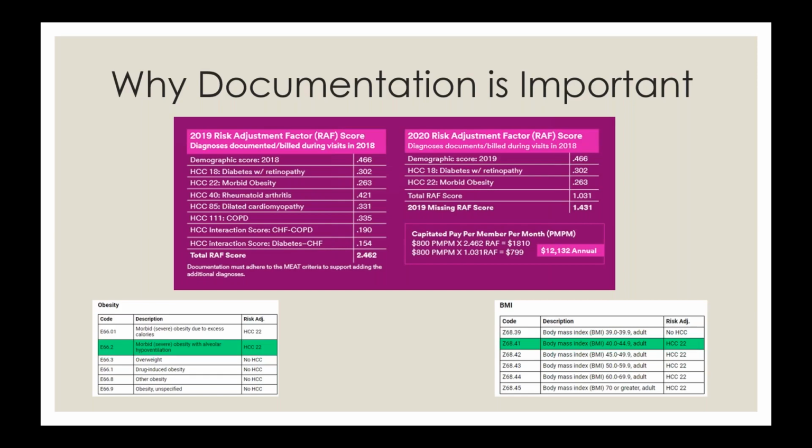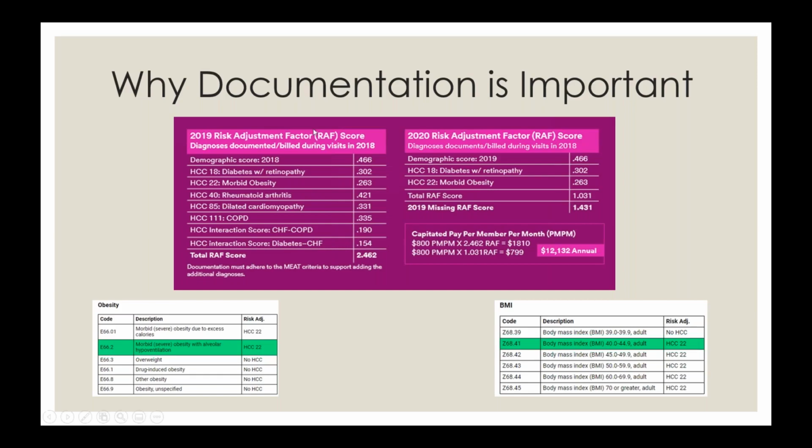Rheumatoid arthritis is documented and coded. You got dilated cardiomyopathy, you got COPD, and then they have some of that CHF and COPD, diabetes and CHF interaction score just added to that. And so that's how they came up with that 2.462, which is well above that average 1.0